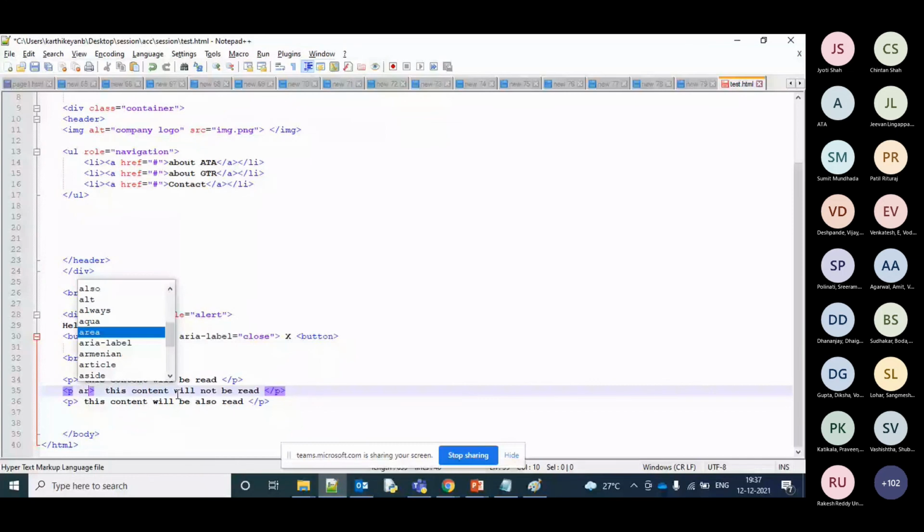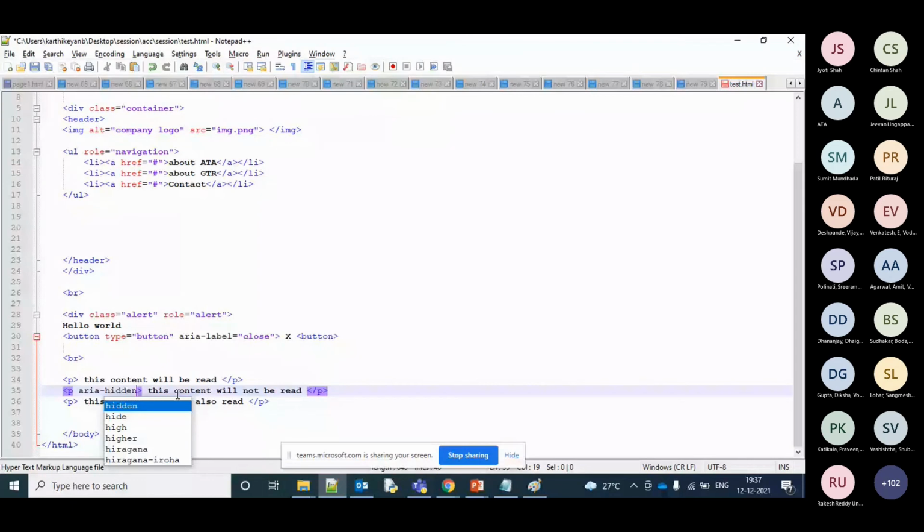Hidden is an attribute where, if we make something hidden on the website, it won't be displayed. Similarly, if you set the ARIA attribute hidden equal to true, then that particular segment alone won't be read.